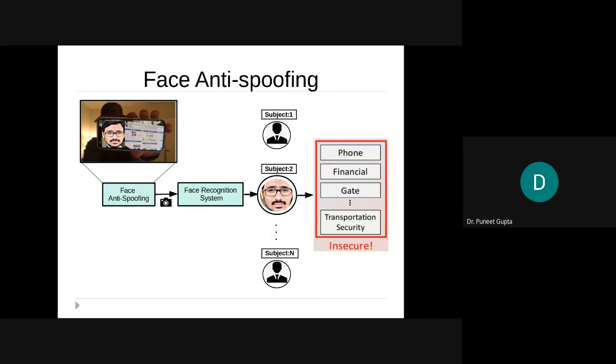Alternatively, you can also call it fooling the face recognition system. In the middle there is some adversary who tries to fool the system, perhaps by presenting the image of a genuine person and hiding their own identity. Then only this image is recognized and access is granted, but it's highly insecure. Just one second.